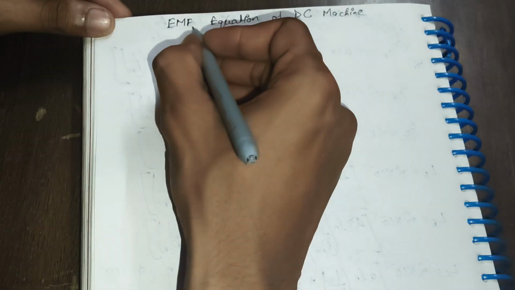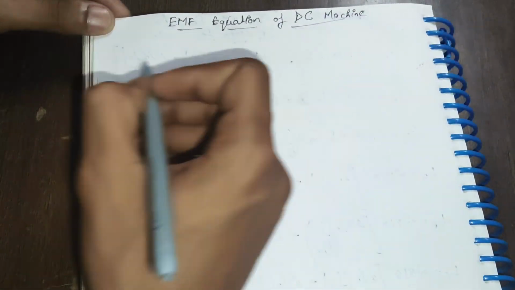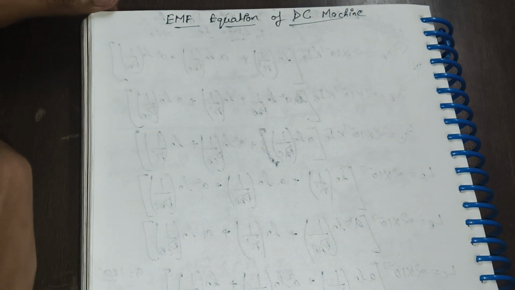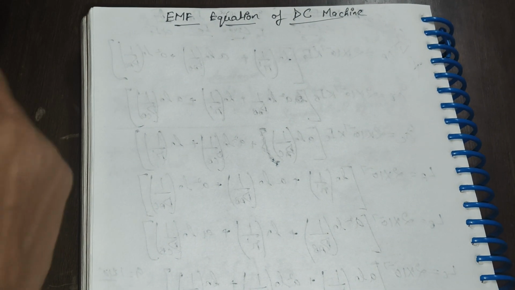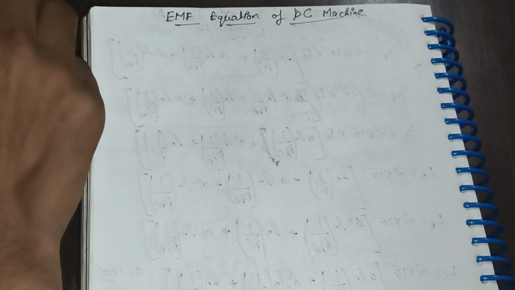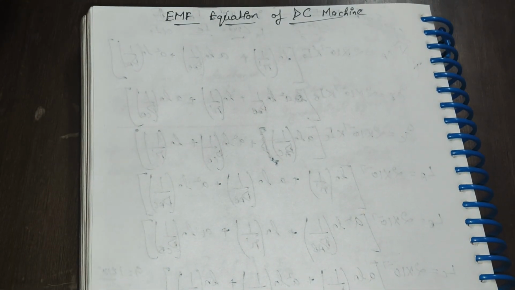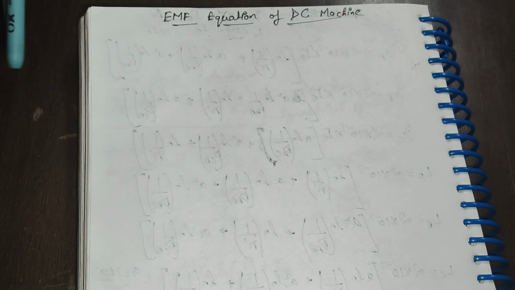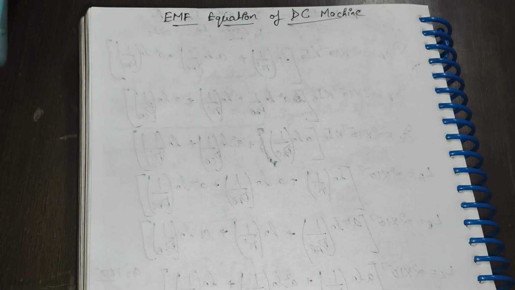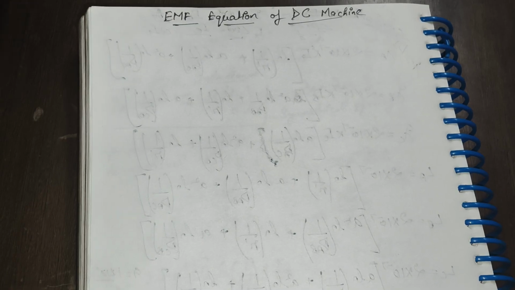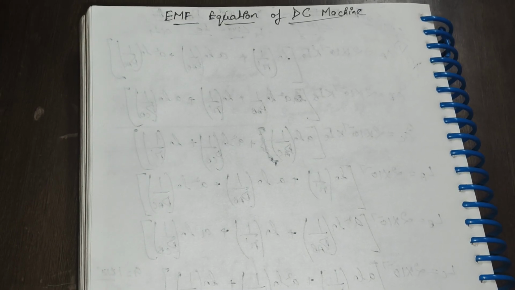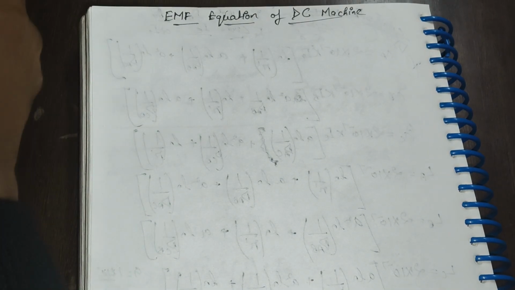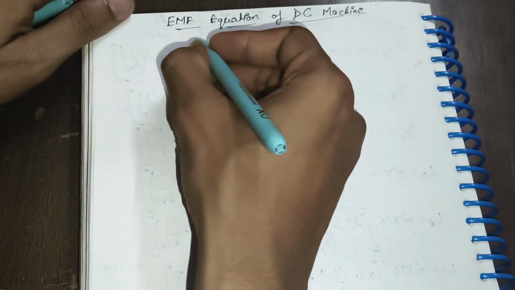In this we will discuss several factors, and the most common one is, as we know, the second law of electromagnetic induction by Faraday: whenever the magnetic flux linking with a conductor changes, an EMF is induced, and that EMF is directly proportional to the rate of change of magnetic flux in unit time. We can write it as